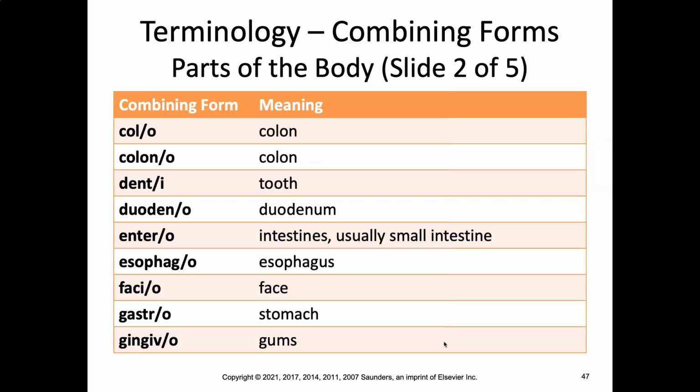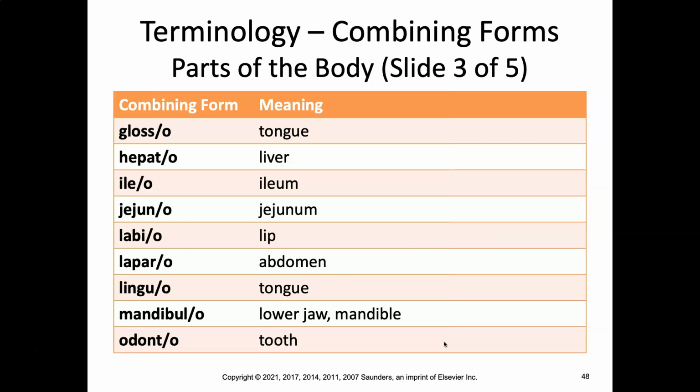Colo, colano, denti, duodeno, enteroesophago, fascio, or facio, depending on how you're going to be pronouncing that. Look at the context. Gastro, gingivo, glosso, hepato, ilio, jejuno, labio,